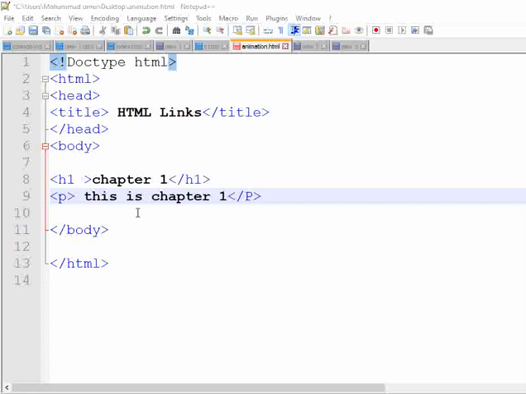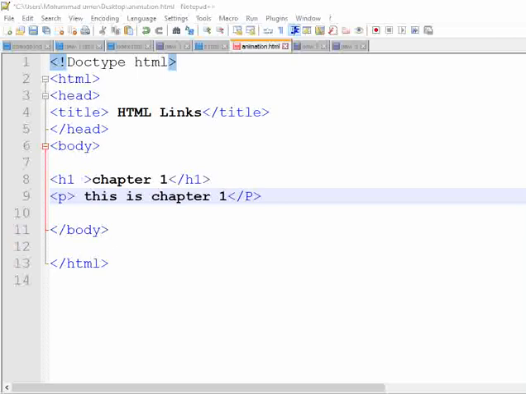So let's first discuss what IDs are and why we use IDs in HTML. The HTML ID attribute is used to specify a unique ID for an HTML element. Basically, in a web page there can be a lot of paragraphs.